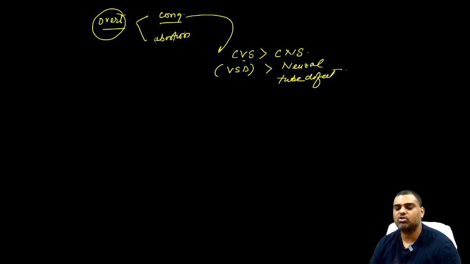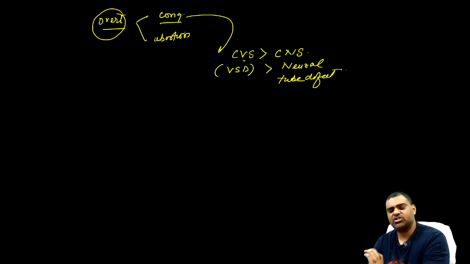In CVS, which is most commonly involved? Answer is VSD. Now there are 3 points which you have to remember. The first point, which is the most common overall congenital malformation? VSD. Most common CVS malformation? VSD. Okay, if they ask which is the most specific malformation, then the answer will be caudal regression syndrome or sacral